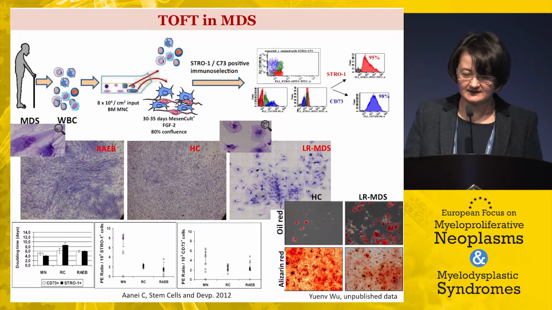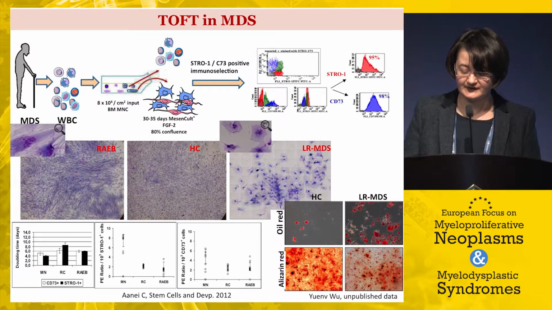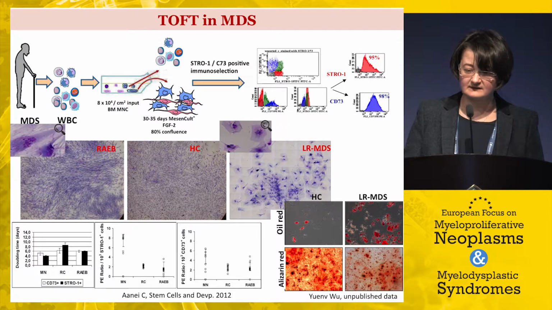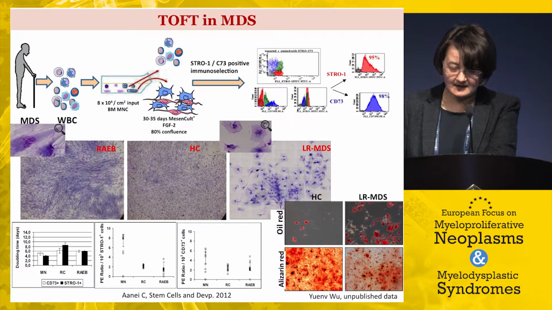accumulation of large, thin, abnormal cells that have features which may be related with altered actin organization. Also, the mesenchymal stromal cells selected from low-risk MDS show a low capacity of proliferation,